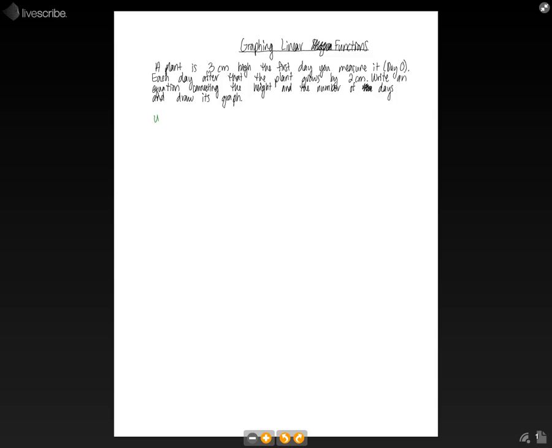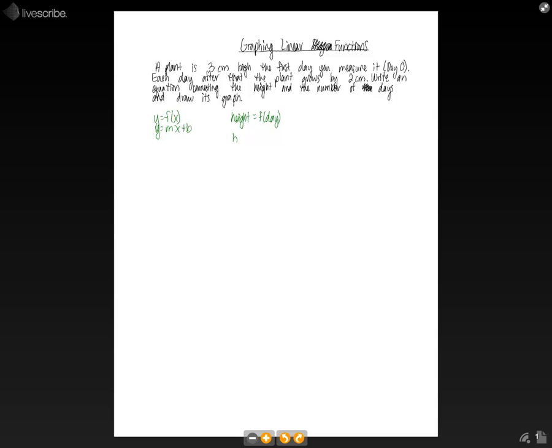So normally with functions, we have y is a function of x, where y is our output, and it varies as x varies. One common example would be y is equal to mx plus b. This is a function. So as we change our variable x, our y value changes as well. So in this problem, our height is our output that we want to find, and it's a function of the number of days. And so if we want to write an equation,